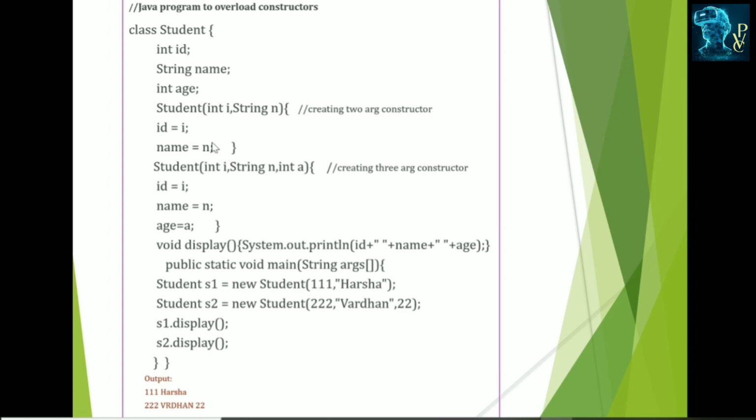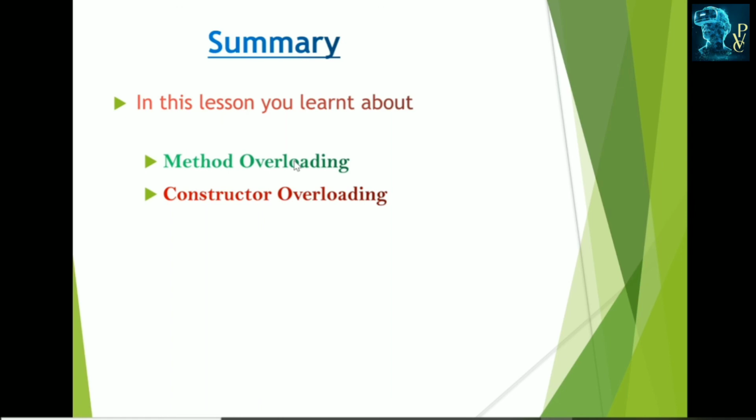Okay, in summary, in this lesson we first learned about the class: what a class is, how to create a class, and that a class can have variables and methods, and we saw this with an example. Next we learned about method overloading. Method overloading means overloading the methods. One class can have multiple methods with the same name but differences in the return type, the number of arguments, or the data types of the arguments.